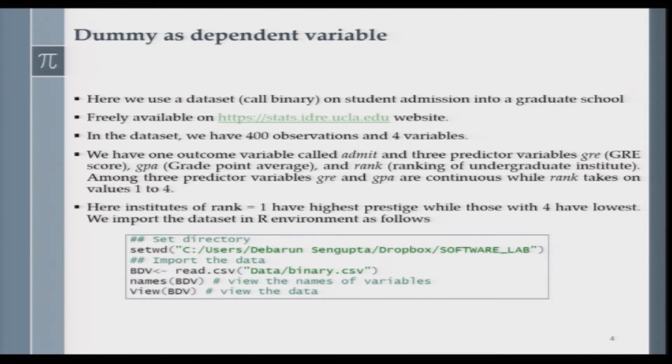And now we import the data set in the R environment as follows. You first have to set your directory, as we spoke about in the last lecture also. Here I am showing you again how to make use of the setwd command, and then you need to import the data and read the data. Okay. The data is saved in your computer as binary.csv. So, you have to use the file name, and you can give it a different file name, it does not matter.